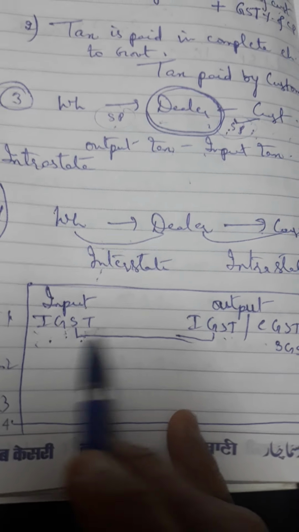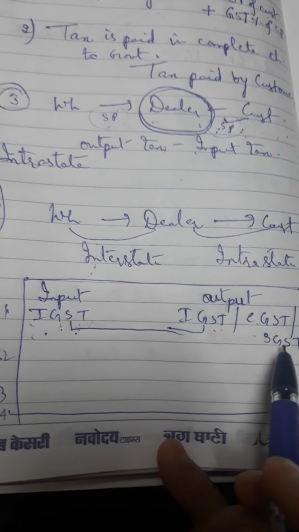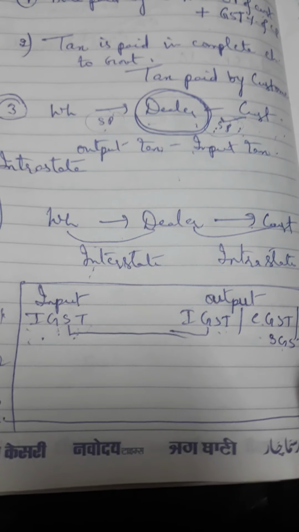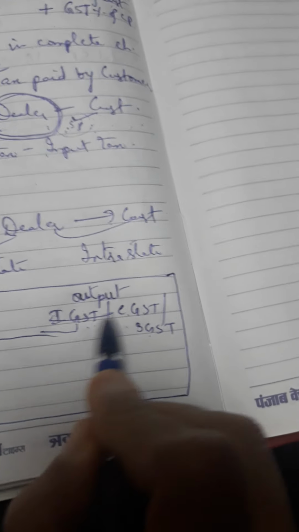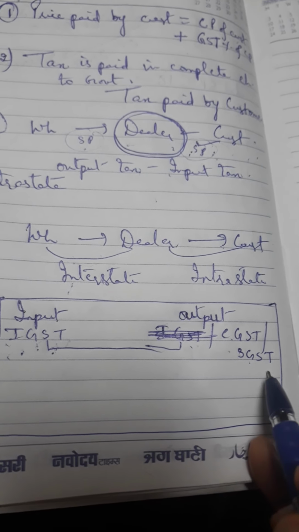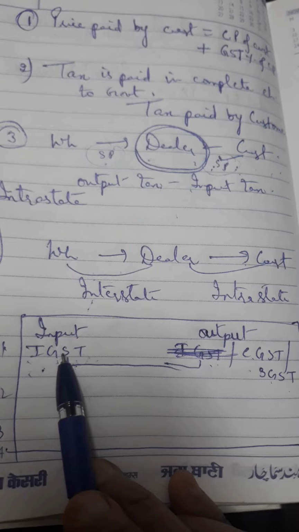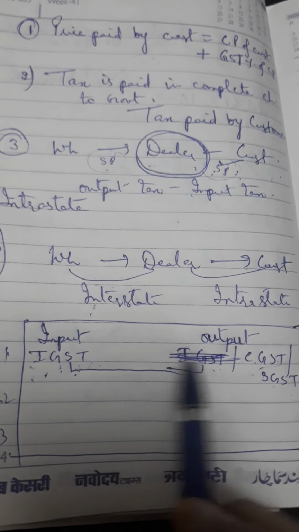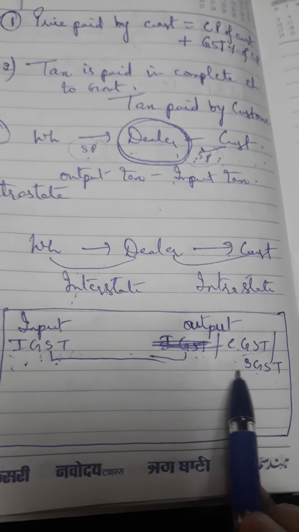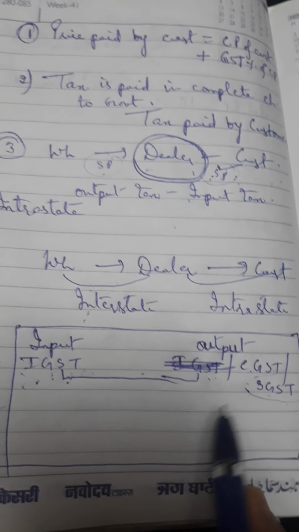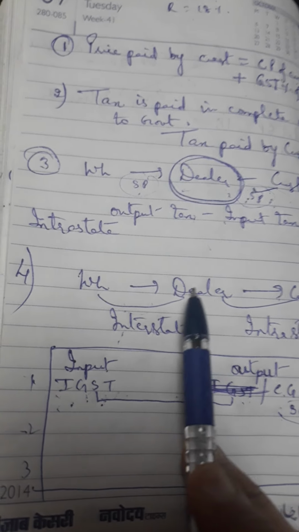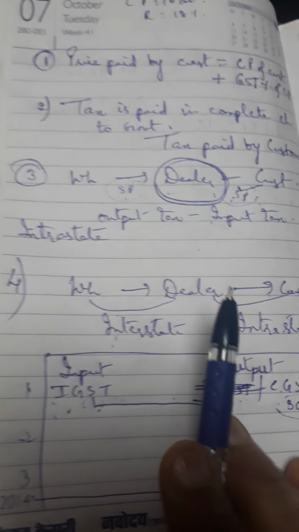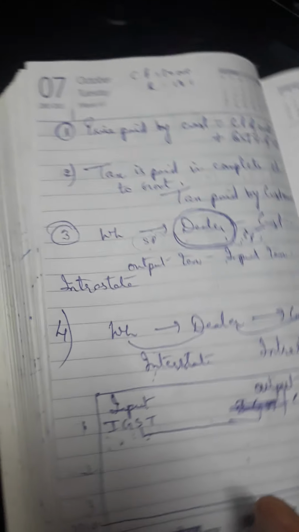Then after that, if CGST and SGST are also there, or suppose let's take that only IGST is on the input and on the output we have CGST and SGST, then how do we cancel? IGST first we subtract with CGST. Whatever answer we get, that is subtracted again from SGST, and we get the final tax paid by the dealer. With this, you have to proceed with all the questions of ML Agarwal. Your doubts will be taken.